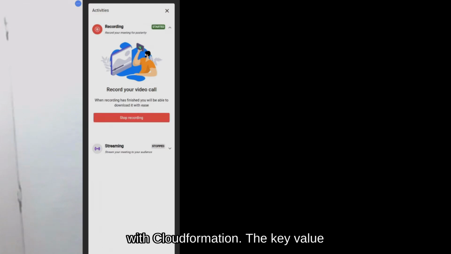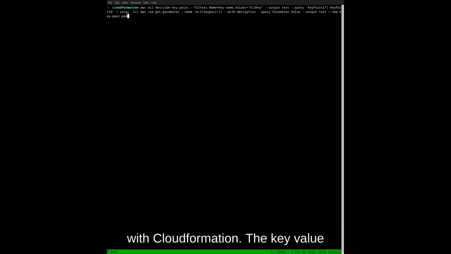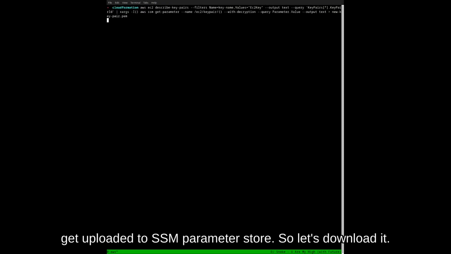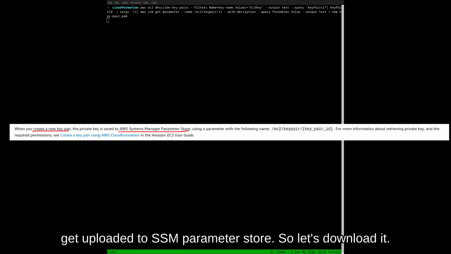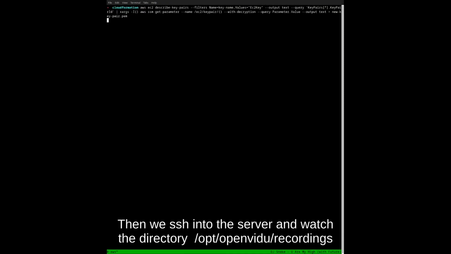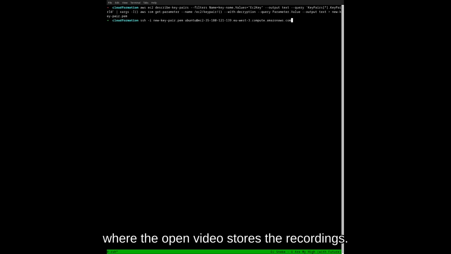First, let's understand the recording behavior. We will create a session and start recording. When we create the SSH key with CloudFormation, the key value gets uploaded to the SSM parameter store. So let's download it. Then we SSH into the server and watch the directory /recordings, where OpenVidu stores the